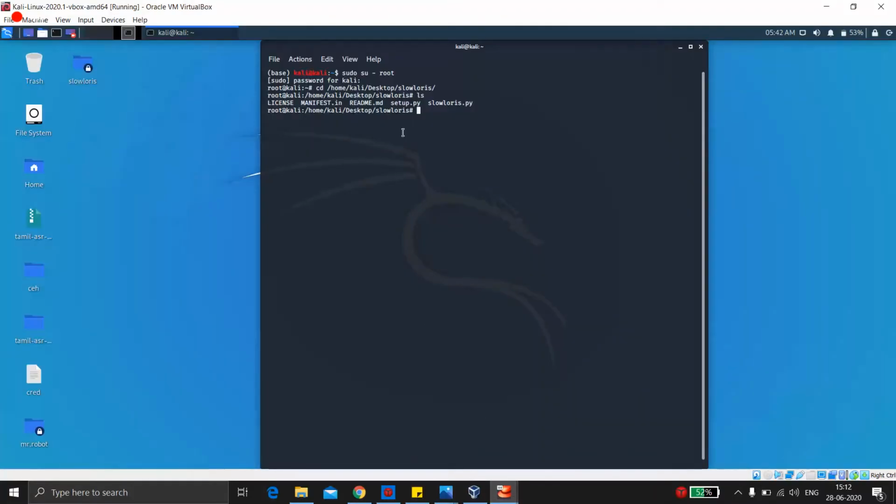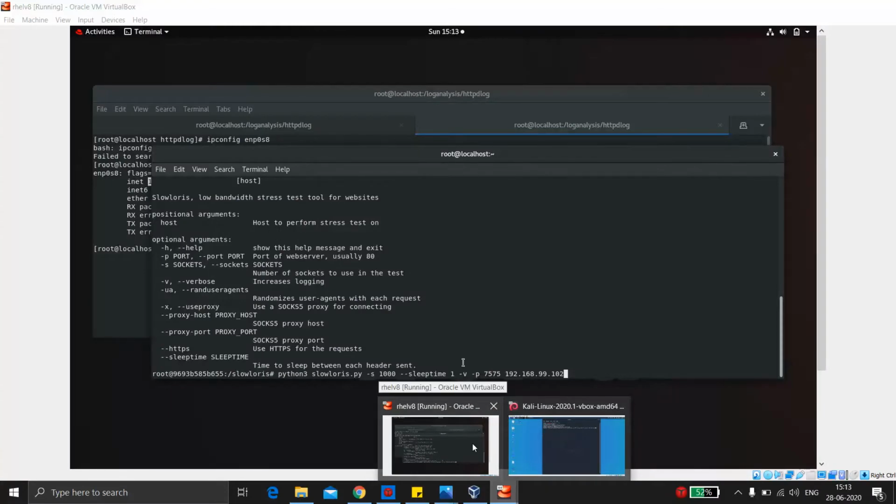This same command, no difference. Python 3 slowloris, we'll use sockets, let's say 1000 here, and we'll give sleep time of, let's say, 2 seconds, and verbose, port is 7575, host is 192.168.99.102. This is the same command as we have written here, just the sleep time is different.